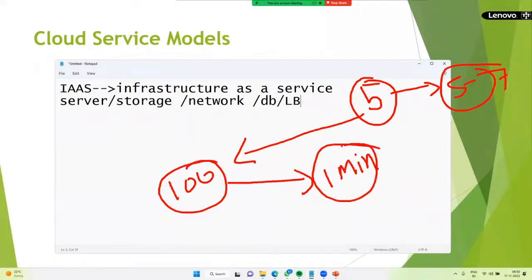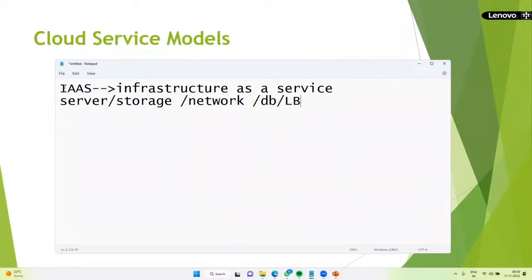Within a minute, your required environment is ready. So you are saving time, and you can also save your project budget. You need not maintain multiple teams like monitoring team, networking team, load balancer team, VM team, etc. Am I right? That is infrastructure as a service.